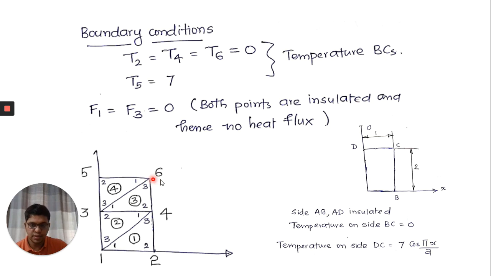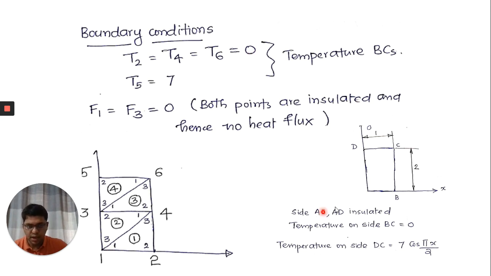So if you look at the side DC, you have 2 points. One is the side D and one is the side C. So here x equal to 0 at global node 5 and here x equal to 1 at global node 6. So if you substitute that here, 7 cos(pi x/2), when x is equal to 0, you are going to get at T5, 7 degree. No, not degree, we are taking only unit, 7 unit. So the temperature at the 5th node, you are taking as 7 unit. Then if you look at node 6, the temperature is equal to 0. That we have already found out from here.